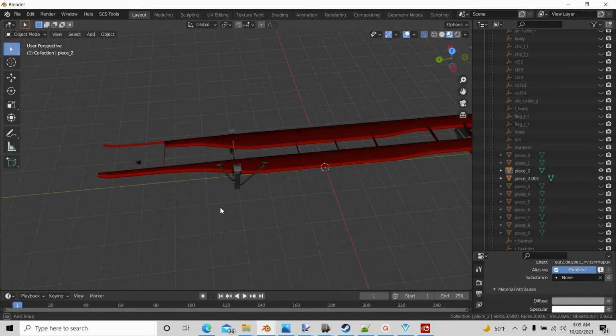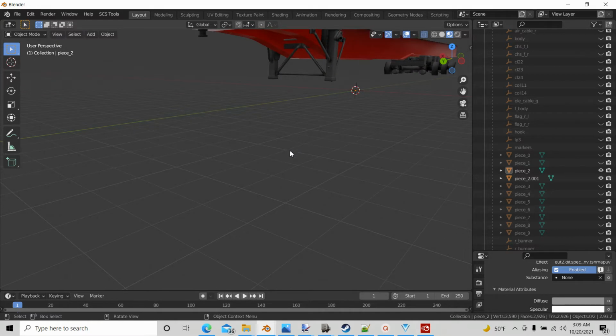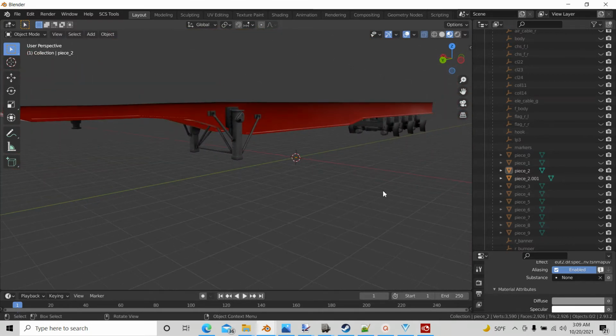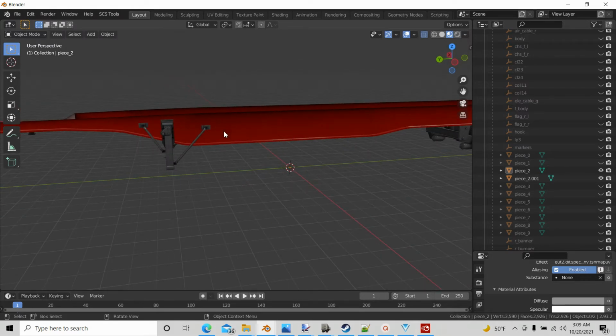Okay, everything looks good. Alright, so that's the first part of it. We now have a frame that we can paint in our options menu inside the game. The next thing we need to do is create the decal